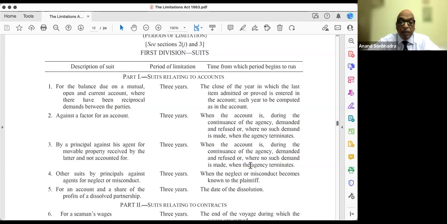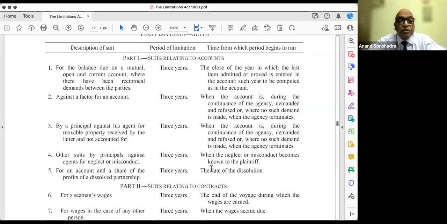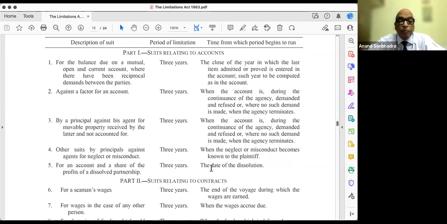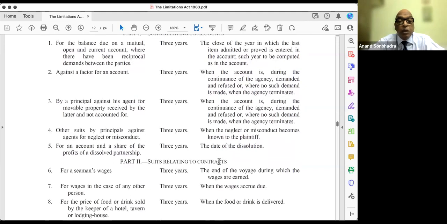If neither of this has happened, then when the agency terminates, the right to sue will begin from the date of termination of the agency, 3 years from then. So that's how it has been defined. I think it's generally very clear. One has to contextually match the case on hand with the applicability of the suit here, and